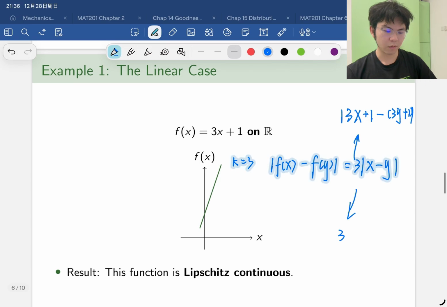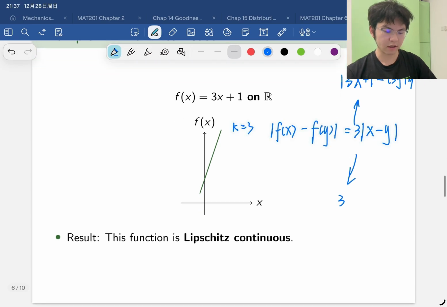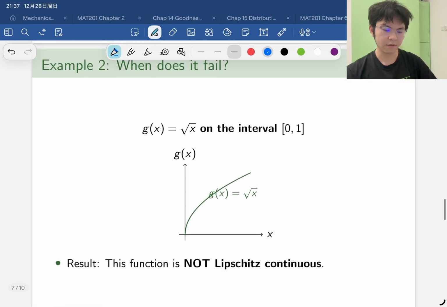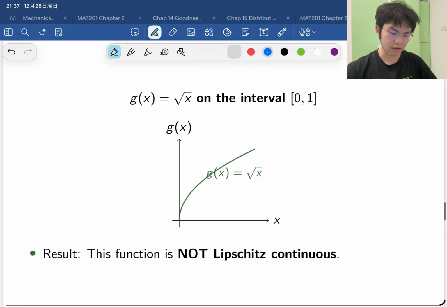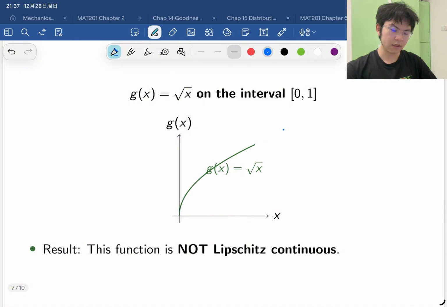This works. Let's see when it fails. The function is g(x) equal to the square root of x on the interval from 0 to 1. This is the image of the function. Let's see why it doesn't work. We write it down. Let y equal 0, then g(x) minus g(0)